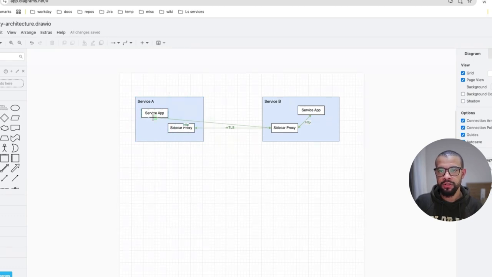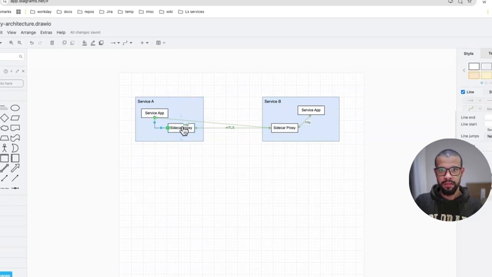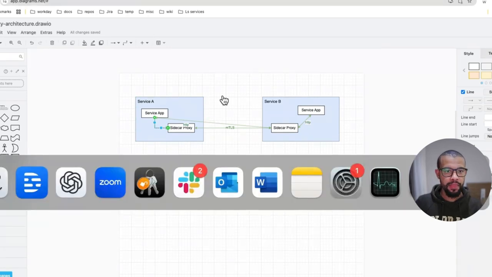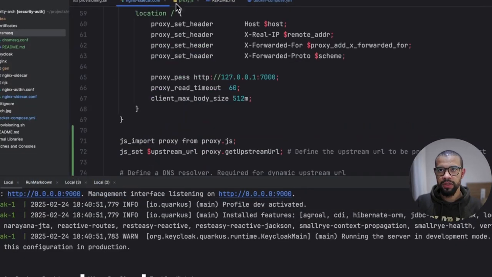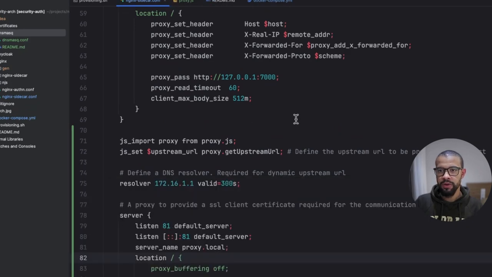Instead, we want to come from here into here, and this sidecar will handle the TLS certification in order to make this connection with the other service B. So we want to move from this into this. That's what we're going to do now, and for that, we need to make some more changes on our